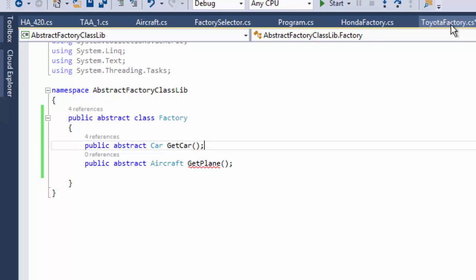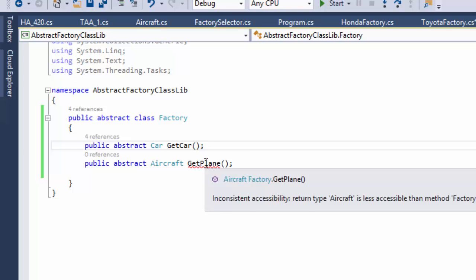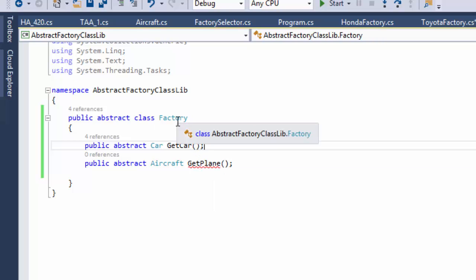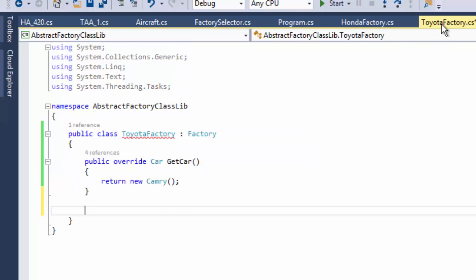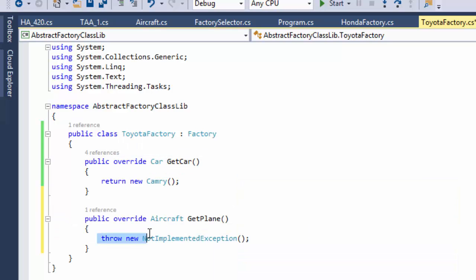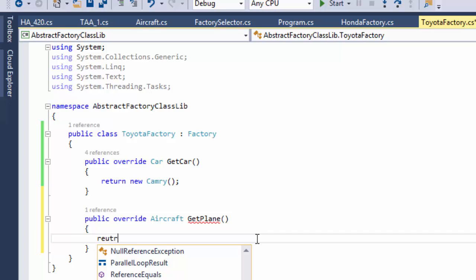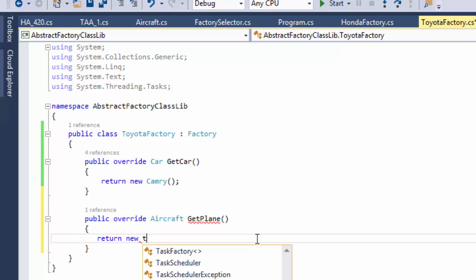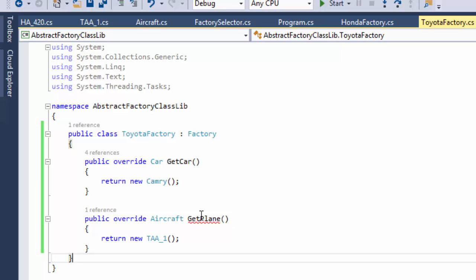and obviously the child classes. So this is the factory, and I got the get plane. So let's implement get plane here, implement, and then this is going to return new TAA_1,